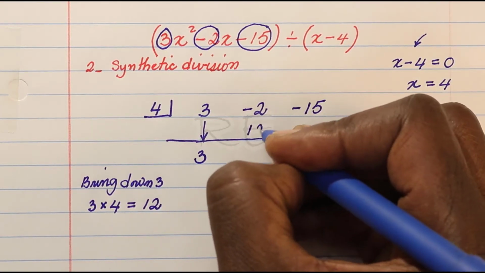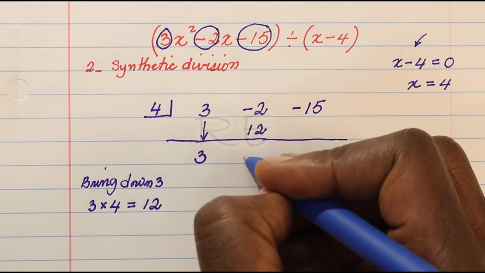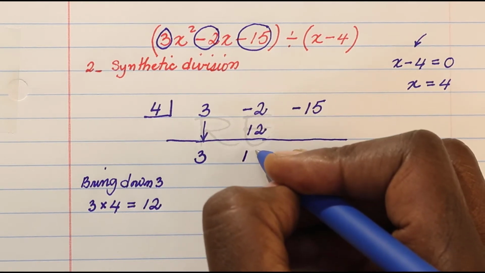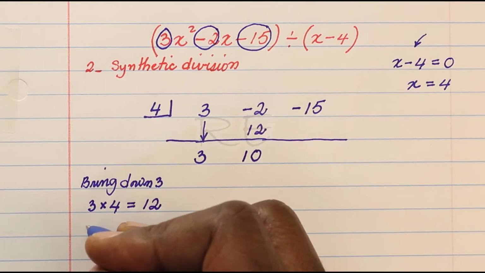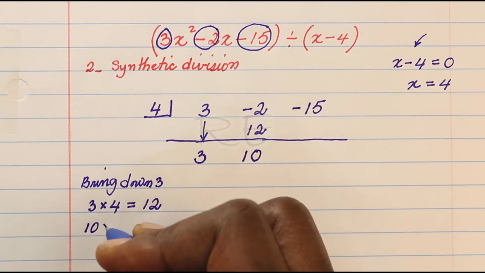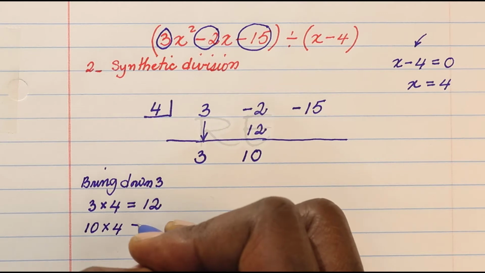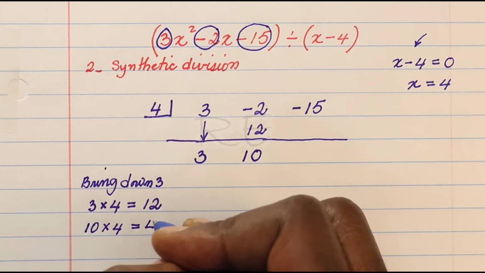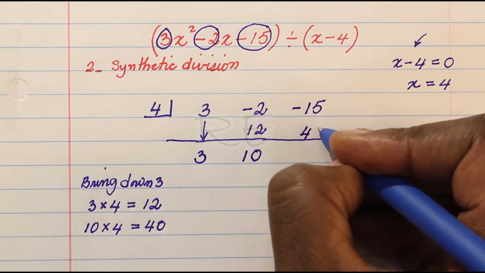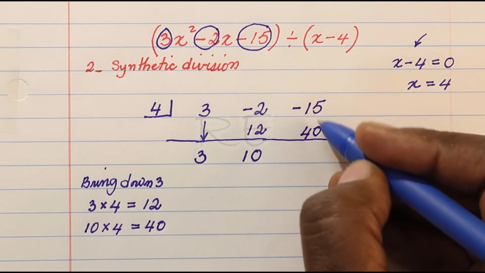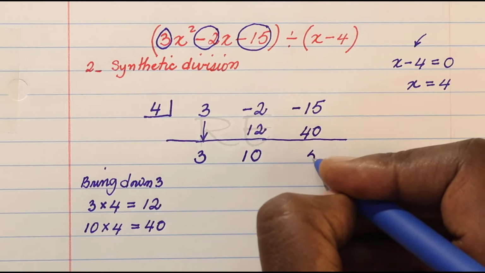And we'll write 12 underneath negative 2. 12 minus 2 is 10. Now we're going to take 10 and multiply it by 4, which will give us 40. And we'll write 40 underneath negative 15. Add them up and we get